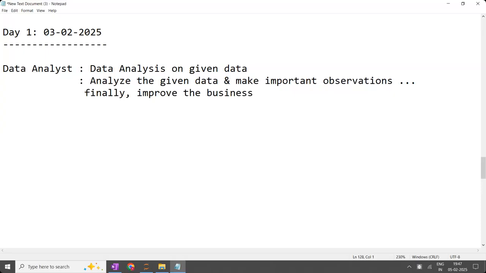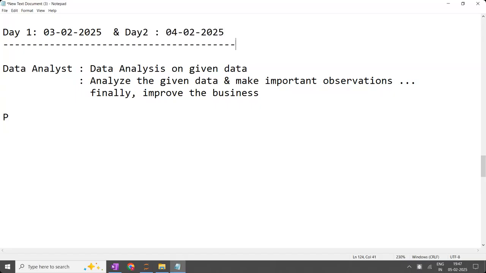Now, for doing this, what is the step-by-step procedure? What exactly a data analyst will do means the project life cycle. In the last class, we discussed the project life cycle. I'm recapping the last class and the day one class. Whoever has missed that, you are going to receive the recordings. We are going to share the recordings with you, and you can go through them once. If you have any questions, you can ask immediately. This is just a small recap; for more detail, we will provide you the recordings.